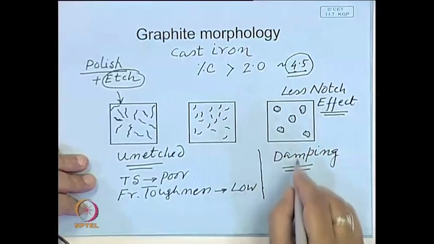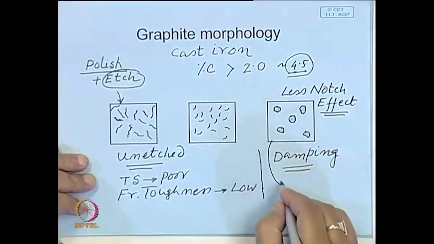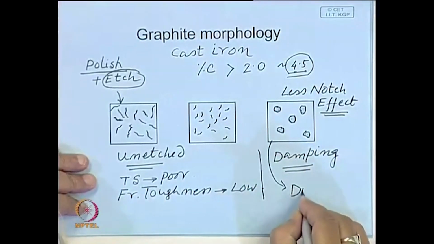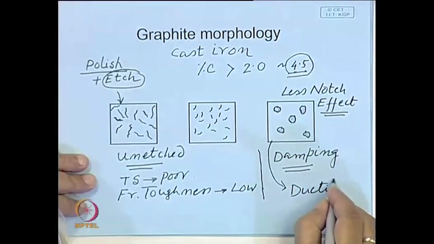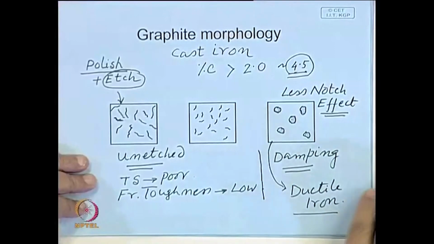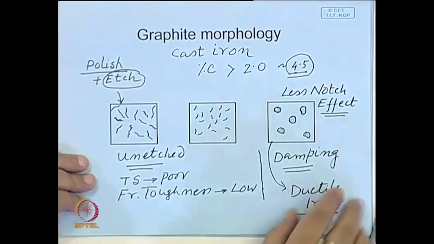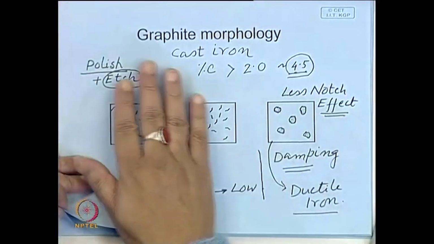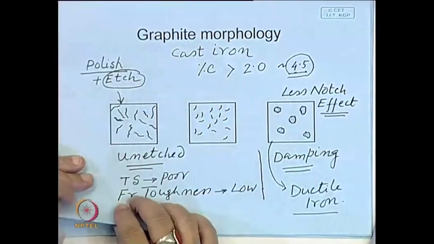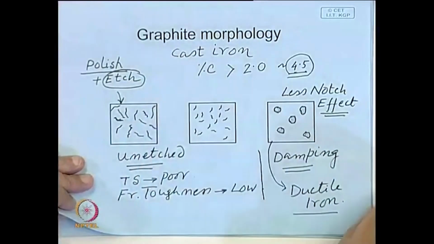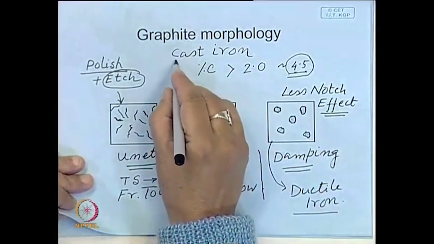So, this form of iron is also known as ductile iron. So, that means by controlling the morphology of graphite in this cast iron,